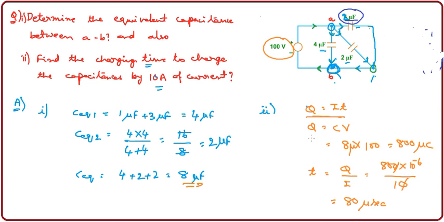These are the two important formulae we need to remember in the case of capacitances: Q is equal to CV and Q is equal to I into T. Of course, the basic formula for current is I is equal to coulomb by time, Q by T. We have already discussed these things in our previous videos, so you can go ahead with those videos also. This is the solution for this problem. I feel that capacitance is something different from inductance and resistance, so I have taken up this problem.